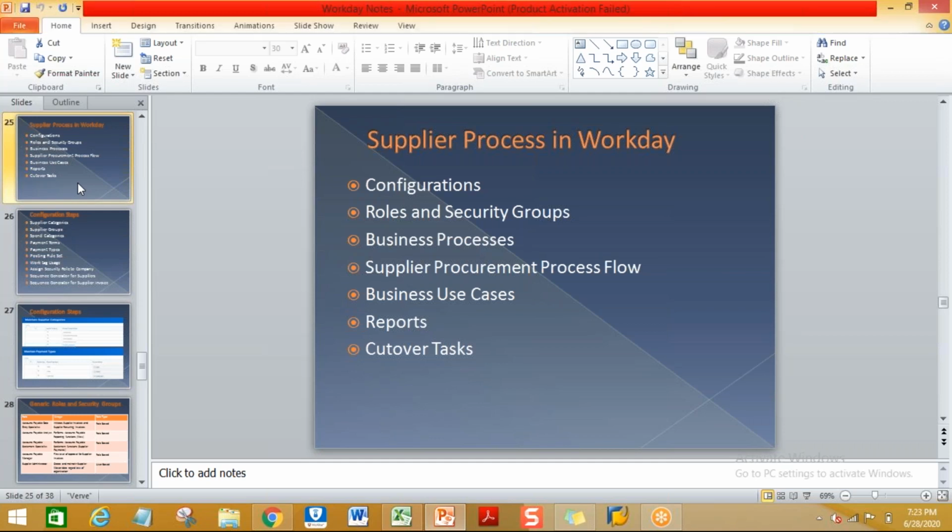During the implementation also, they will explain the current process to the service partners: this is what I am following, and I want an improved version of this in Workday. The service partner will clearly explain what is possible and what is not, because after knowing all those things, only then will they start to implement Workday.